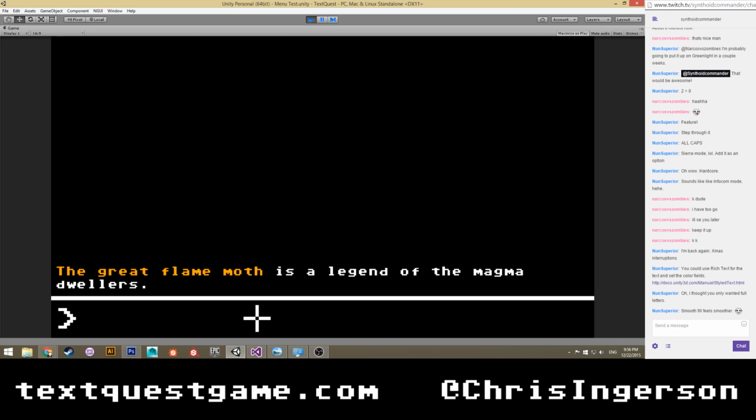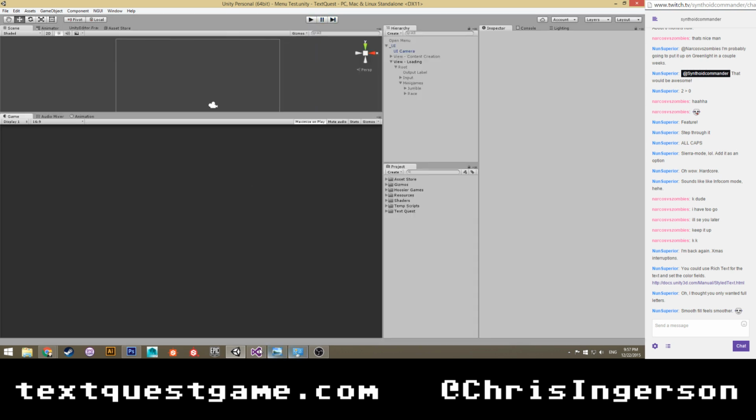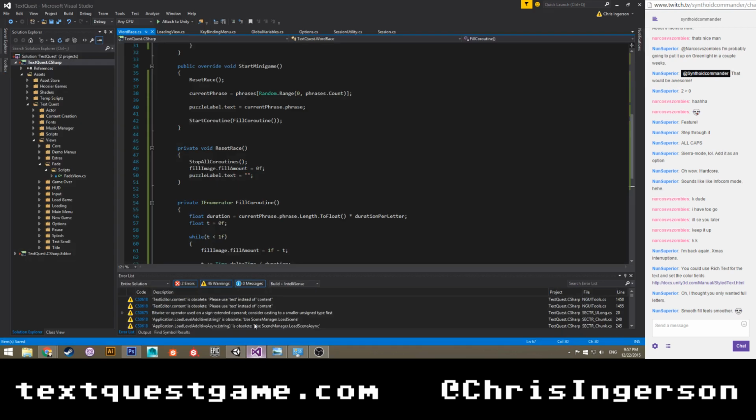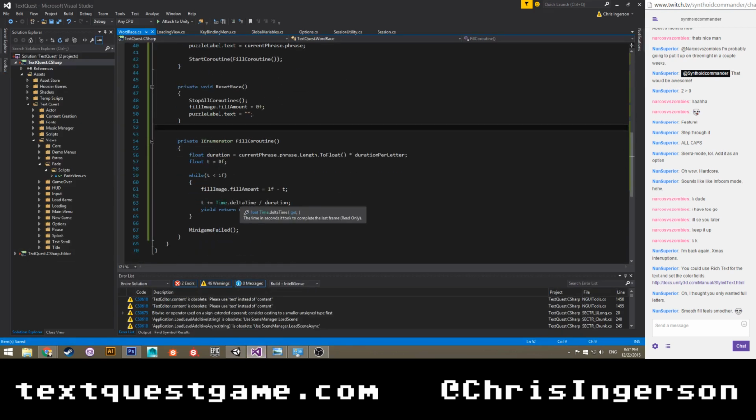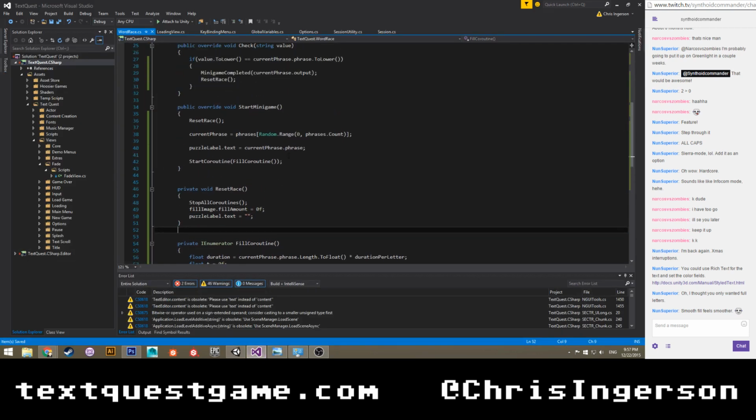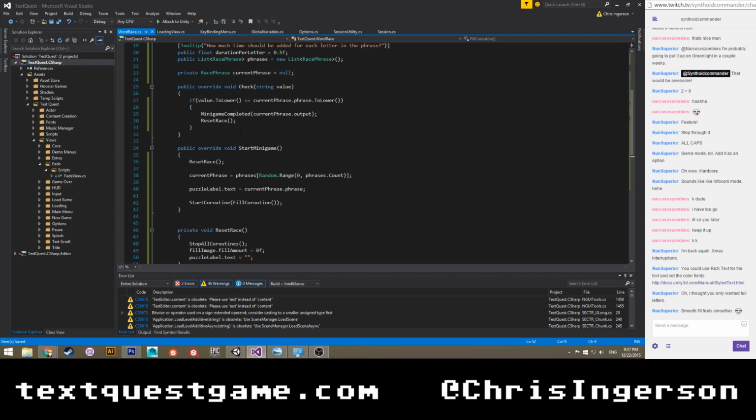Let's see if this... okay, that's not doing exactly what I wanted. But it works. So it doesn't start another thing, which I guess makes sense. We stop all coroutines. Oh, we reset the race, that's right. Oh, that's why.